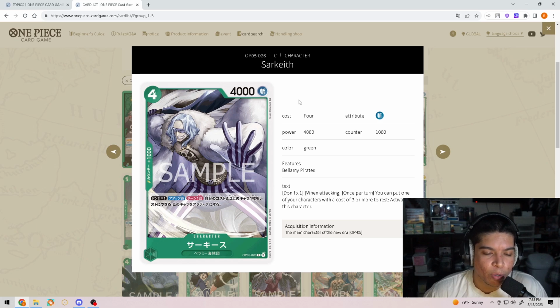Once per turn, you can put one of your characters with a cost 3 or more and rest it. And then you activate this character, which you restand, if I'm not mistaken. So you can basically sacrifice when you're 3 or lesses to put them back into active. Kind of weird, but I mean double swings